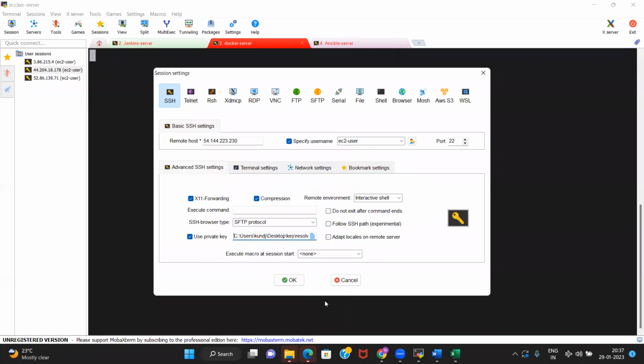Click advanced settings, browse the private key and put it here. Put the public IP as the host, and the username EC2-user, which you can find when you click on connect. Then use private key. This is what you need to do.